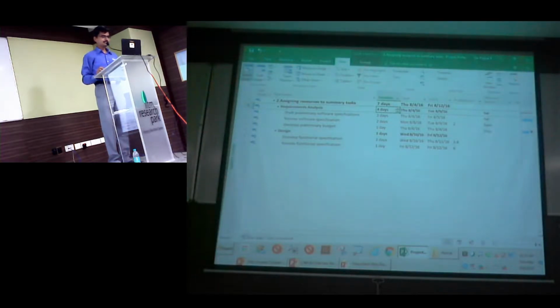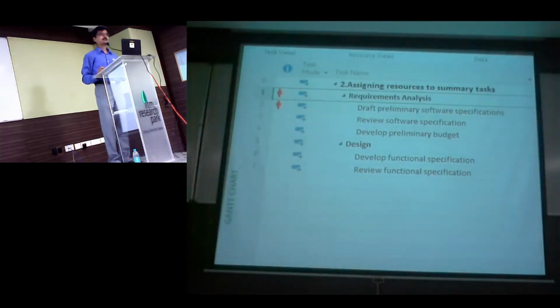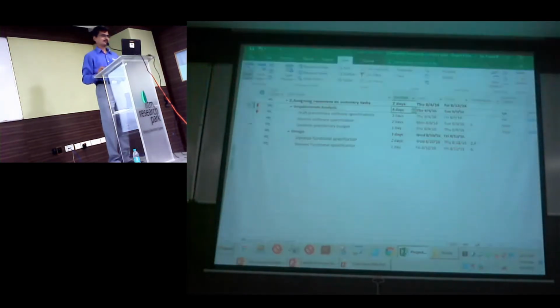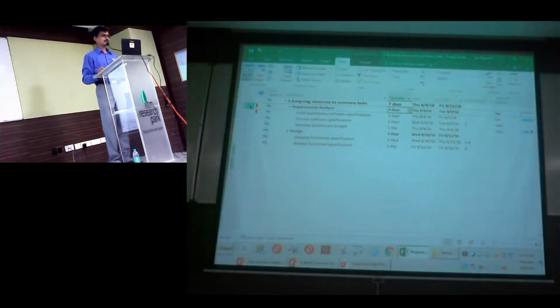So when you see this, you will notice a fireman on the first column. This indicates that that particular team member has been overloaded with work. People do a lot of things in order to resolve it. What they do is they will just right click and they will say ignore this problem.